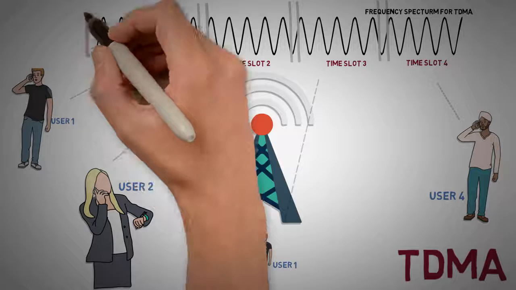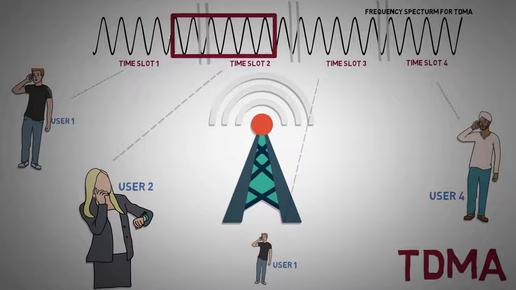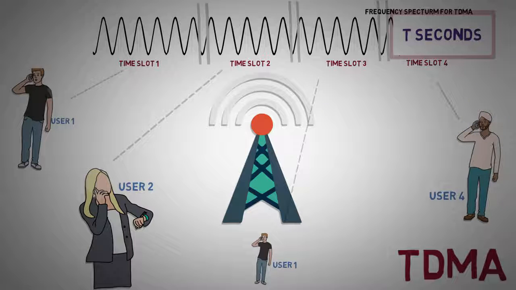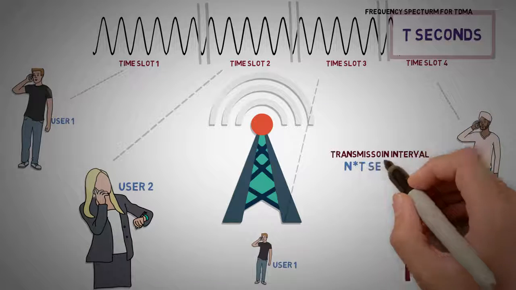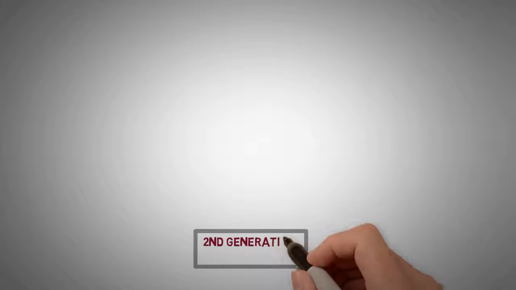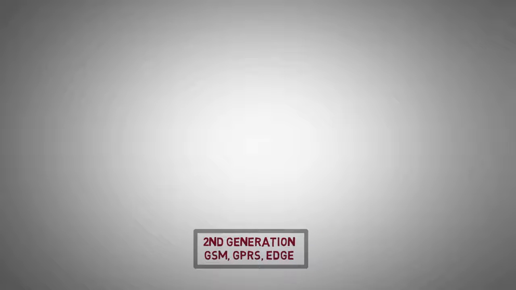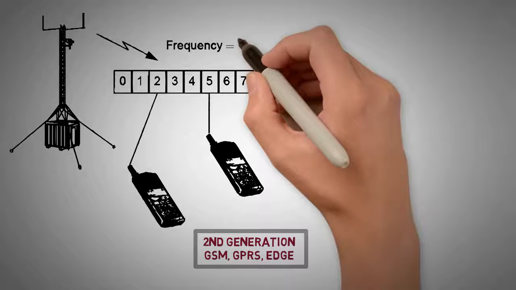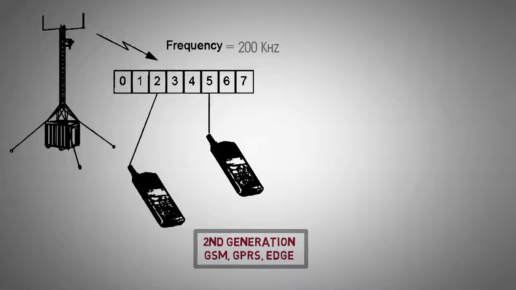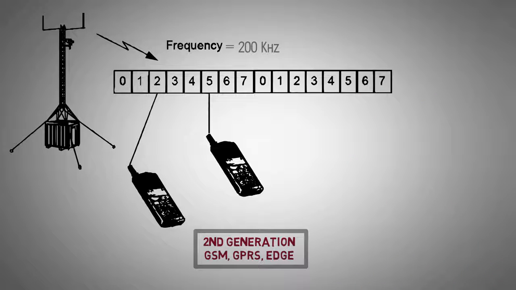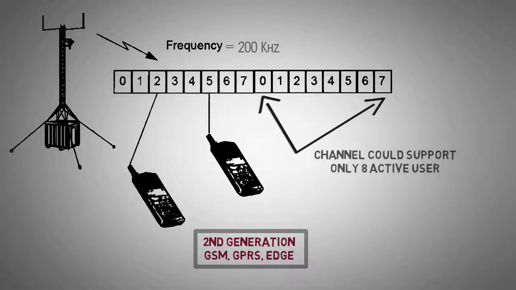time slots. Thus, in an N-channel TDMA, where each channel is given a time slot of T seconds, signals coming from each user will be transmitted at intervals of N times T seconds. This technology was used in the 2G systems like GSM, GPRS and EDGE. Each user was provided one of 8 TDMA slots and a bandwidth of 200 kHz. Dynamic resource allocation meant more users could be supported, but each channel could support only 8 active users at a